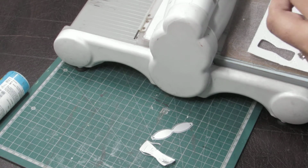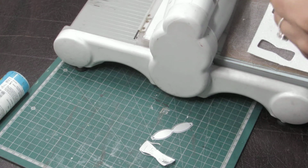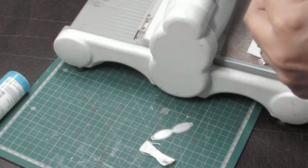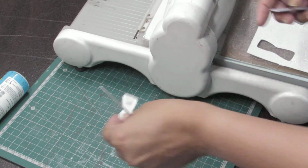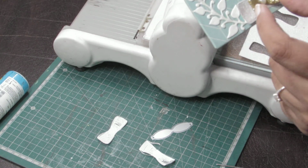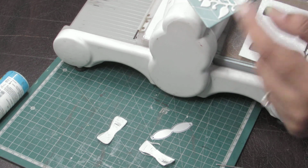I definitely need to buy that tool. I'm just planning since long, but never execute my plan. Okay, here we go. So this piece I'm going to use, and on top of it, if you can see here, I have used the bow. So for that, again, I may use